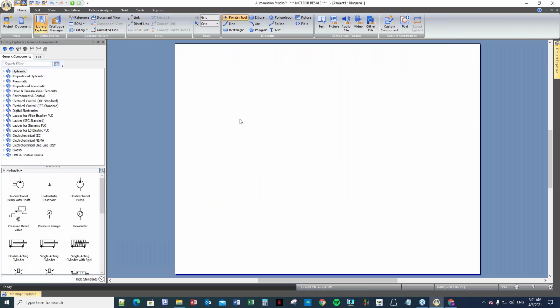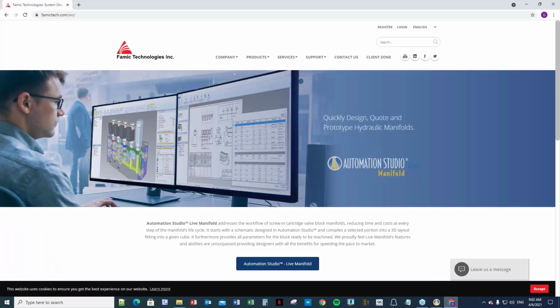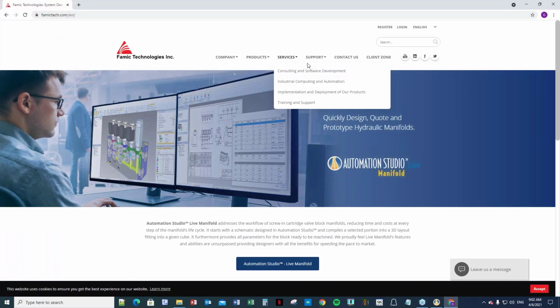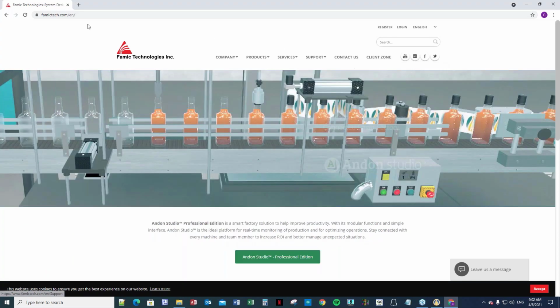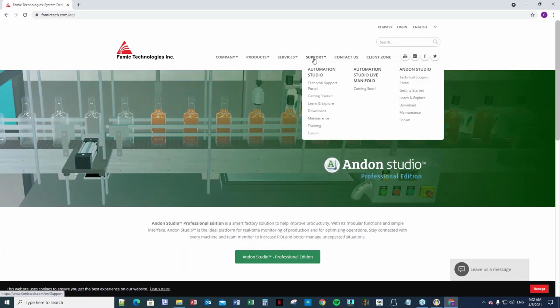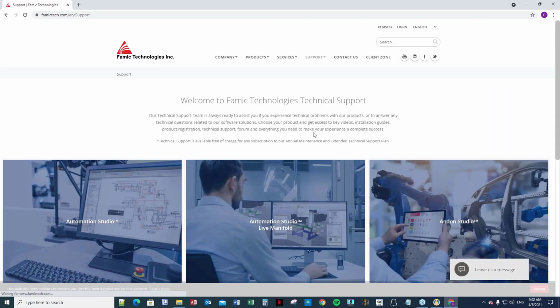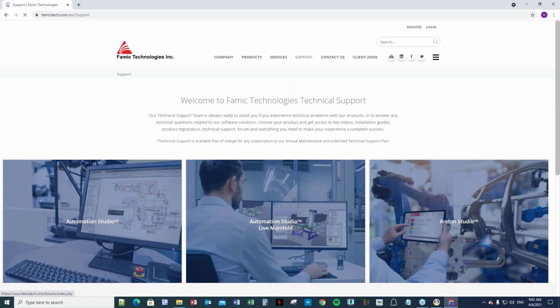So hi everybody. Today we'll be discussing the 3D virtual system in Automation Studio. The 3D virtual system is a new feature that you'll be able to download through the Automation Studio forum. If you go on the internet to our website, Famic Tech, you'll see that you select support, and then select the forum,